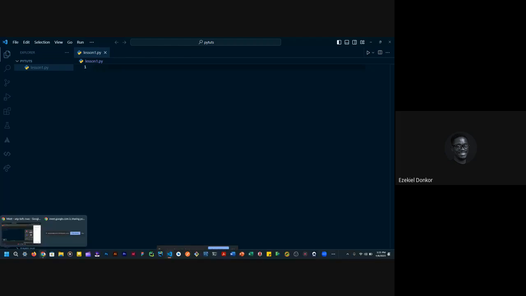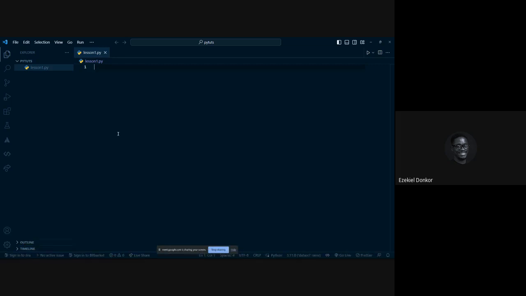Just in the same way that you write a Word file and you don't save it, and if you don't save the file and close the Word document, you don't get access to it. In that exact same way, if you write a program and you don't save it, it's not going to exist.